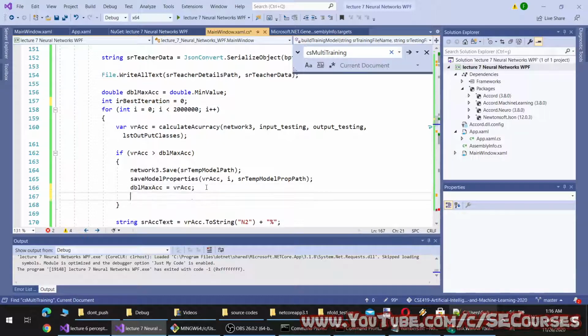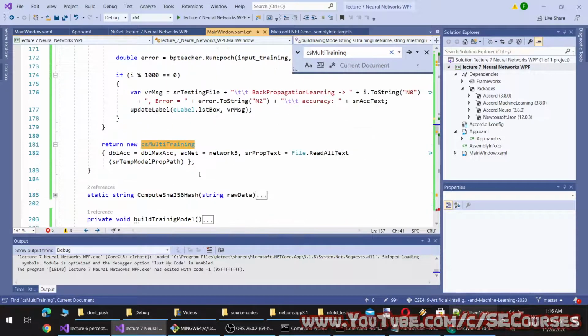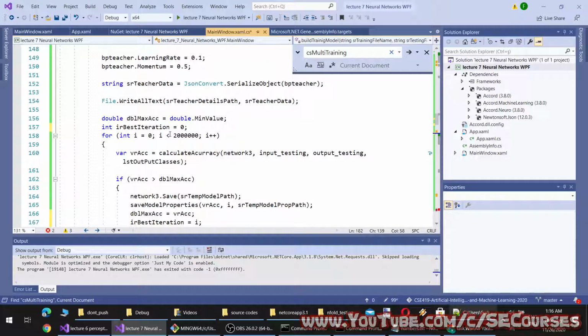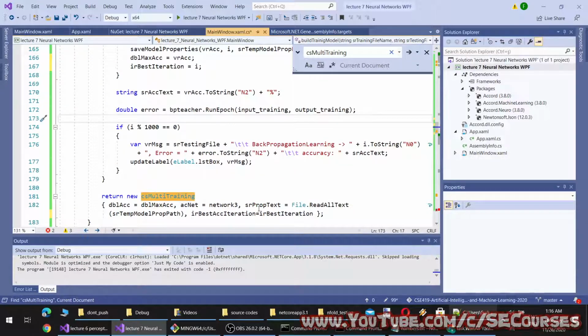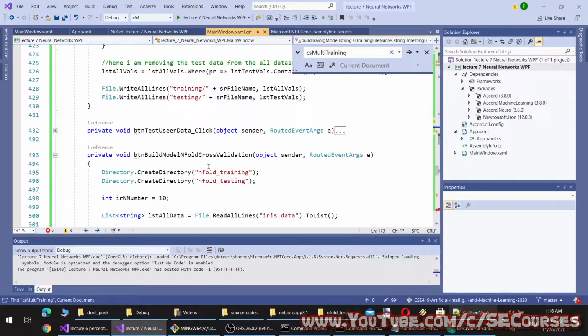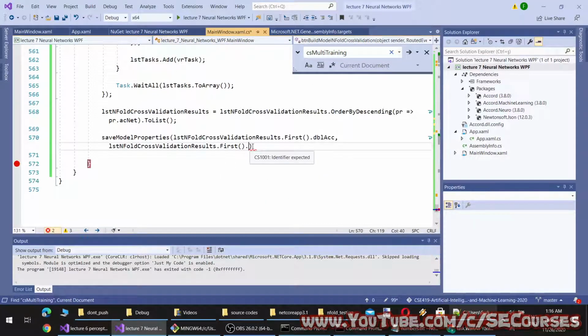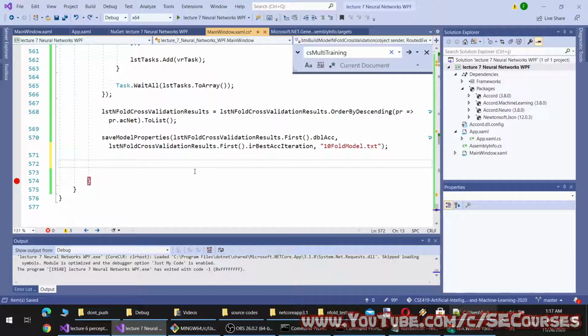Equal to I, and okay, and now I can use the iteration. Custom path. Okay, we can provide a custom path. We can say 10-fold model dot txt.